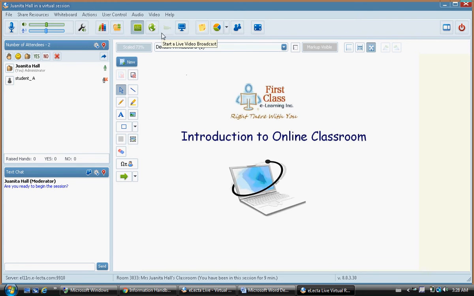The next button is the screen sharing button, and this is a very important component of the virtual classroom. As you become comfortable with using different classroom features, this is one that you will most likely find particularly useful. Here you have the option of sharing your desktop or sharing any program or application on your computer with the